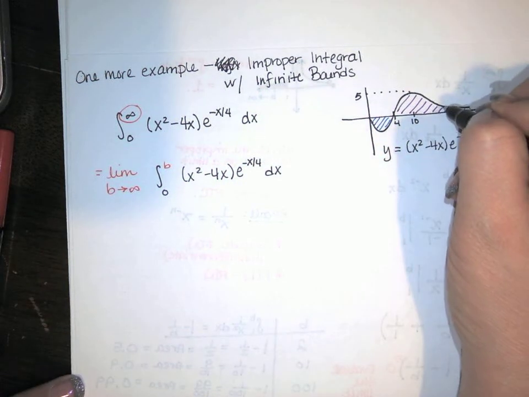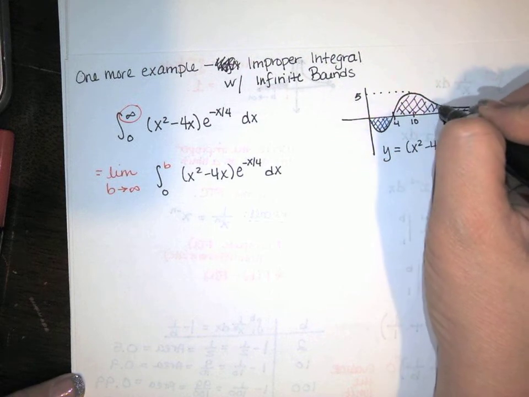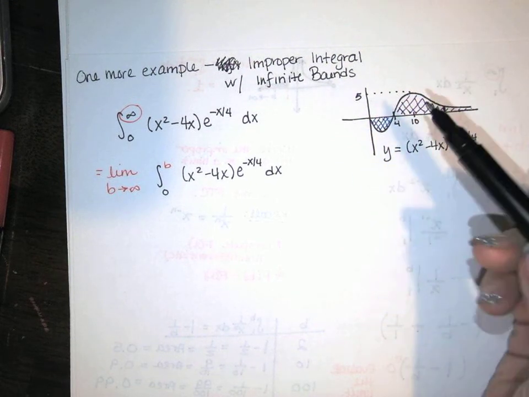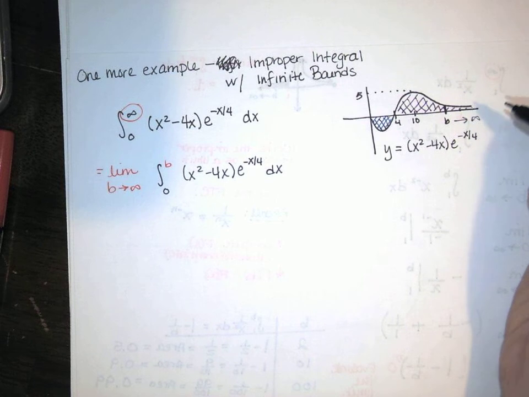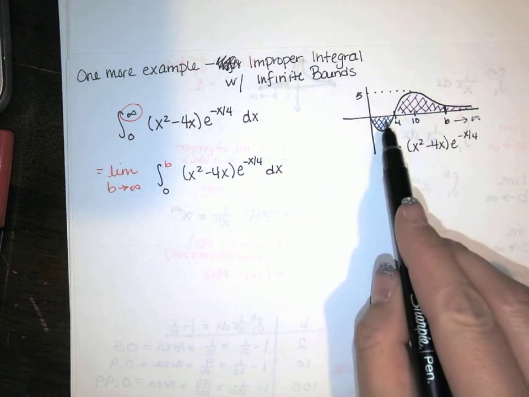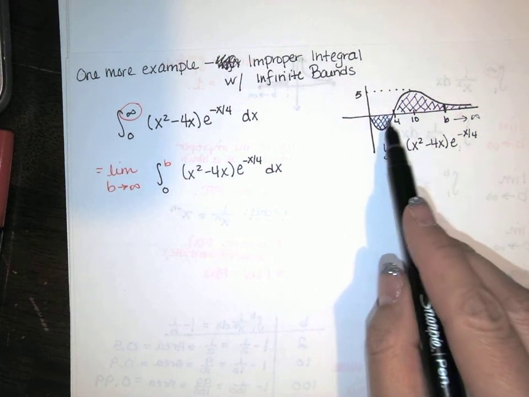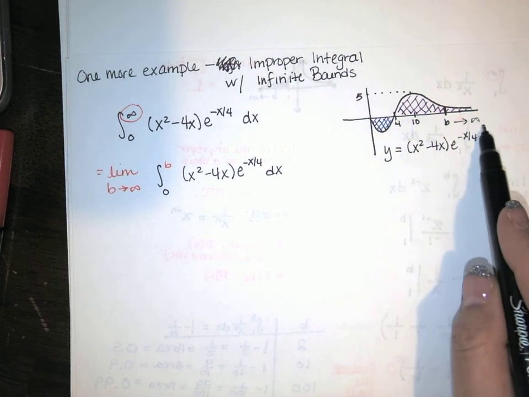So maybe here is my b. Let's say that's b. And I just want to know what that area is. And then I say, okay, well, what happens to that as b gets larger and larger and larger? So when I evaluate this integral, it's going to take care of this area minus this area. And then we're going to see, okay, does that area approach some finite number as b goes to infinity,